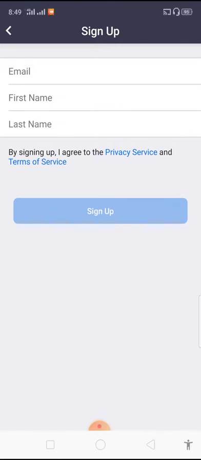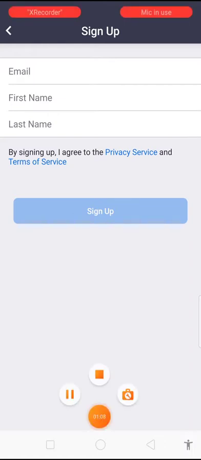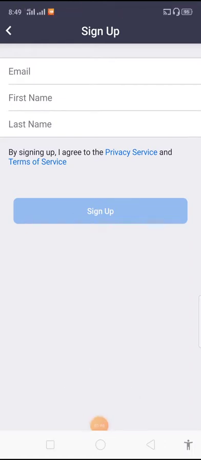So here you will put your email, then first name, and then last name. So first of all, put your email, Google or whatever, whichever email you are using, right? Then put your first name and then the last name. For example, if your name is Muhammad Ali, right? So you will put your first name as Muhammad, then the last name as Ali, right? If your name is Mr. Tom, so your first name will be Mr. and the last name will be Tom, right? And then the email as well.